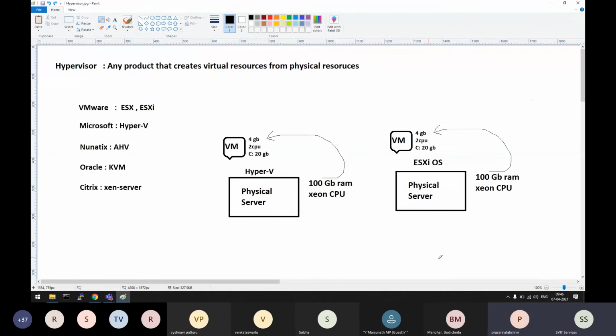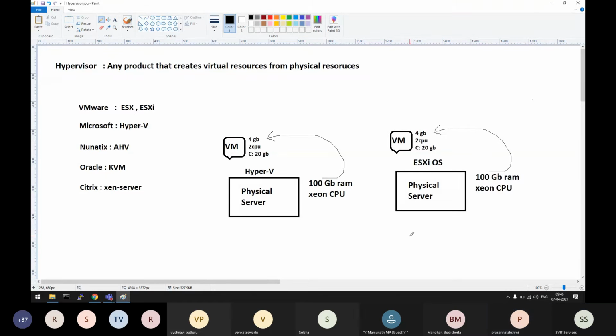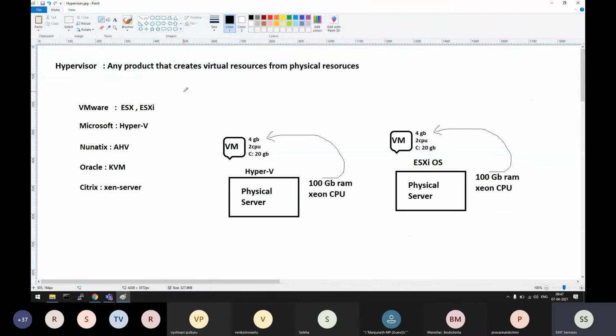Sir, are they still developing any advanced technologies like ESXi? Who is developing, you mean other companies or VMware itself? VMware. They have multiple products, but all the products depend on this ESXi operating system only. They have some 15, 20 different products, but everything depends on ESXi. Based on this one operating system, they have developed a lot of other products. We will see that also, what products are available based on this virtualization.